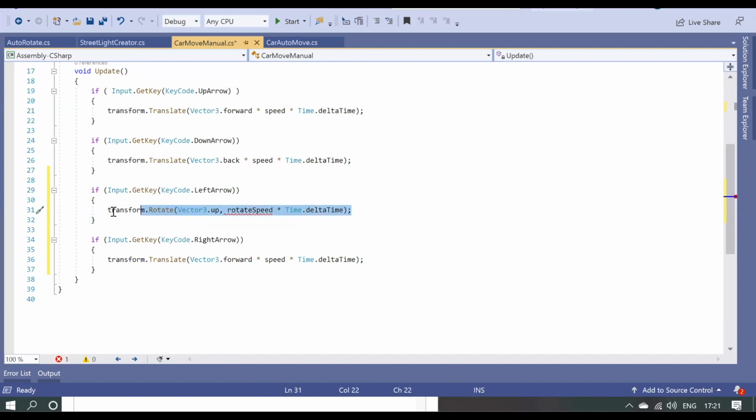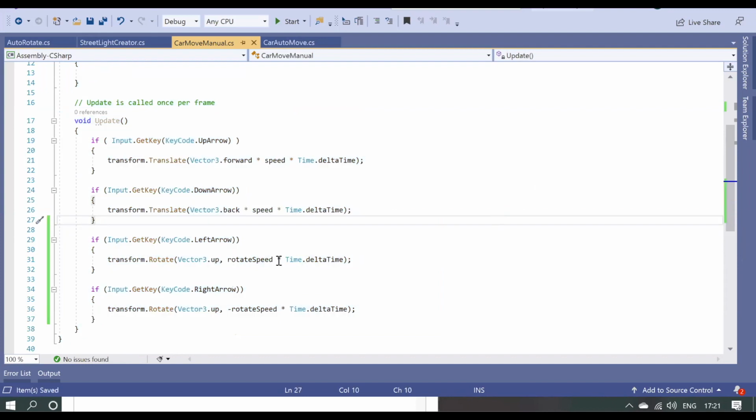Sir, there's a mistake. This up is correct. Maybe I'll make it minus, or I can add minus here also. I hope this should work.